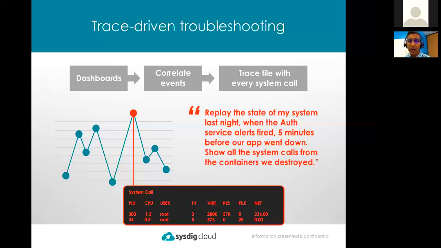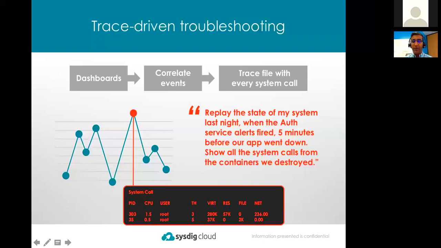Just a question for the audience here. How many of you are familiar with the open source Sysdig tool? All right, cool. It looks like a bunch of people are familiar with the tool. If you haven't used it before, go to www.sysdig.org, grab it. It's an incredibly powerful tool for troubleshooting a host.